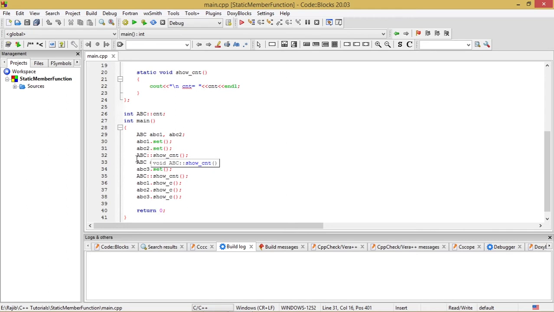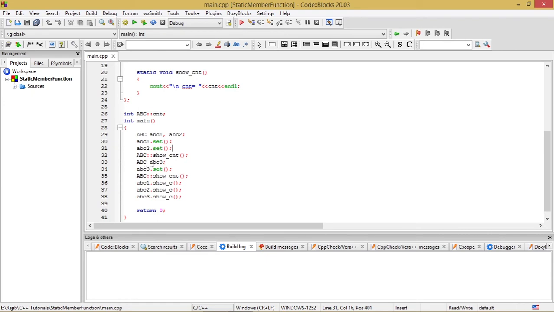So we see that we have called the static member function show_cnt by the help of the class name ABC followed by a scope resolution operator, followed by the static member function name show_cnt. I've called this function in this way, so there is a difference.